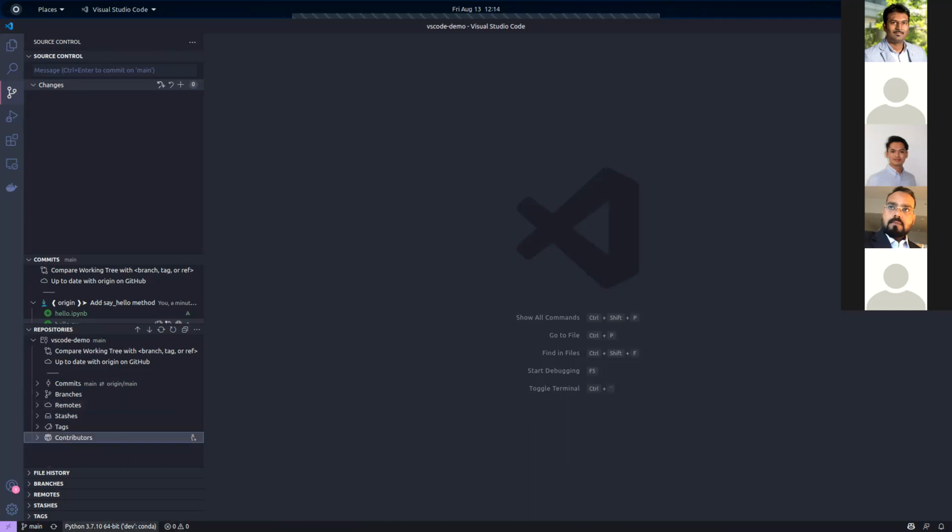Another thing that I would like to show you guys is this. The main that you see here, this is the current branch. As I told you earlier, this is the current active branch that I'm working on. So when you click on this, you can actually see different branches that are there. You can connect to one of them, or you can switch to one of those branches, or you can create a new branch, right? For example, if I want to create a new branch, say dev, I can click on this and it will create a new branch.